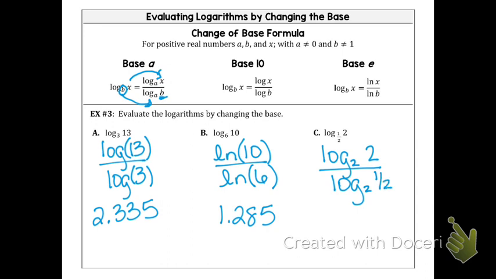And then what it's going to have you do, because you can work this out using the fact that b to the y equals x and log base b of x equals y. So I'm going to come over here and let's see, log base 2 of 2 equals y. So I know 2 to the y equals my x. My bases are the same, so I know y equals 1. So the top of this is 1 over